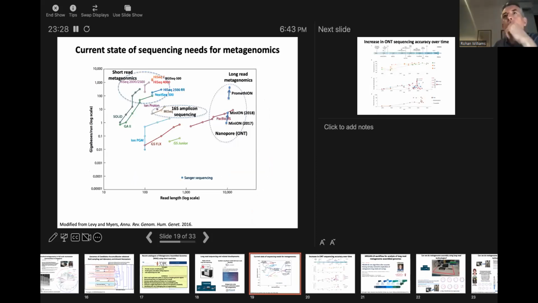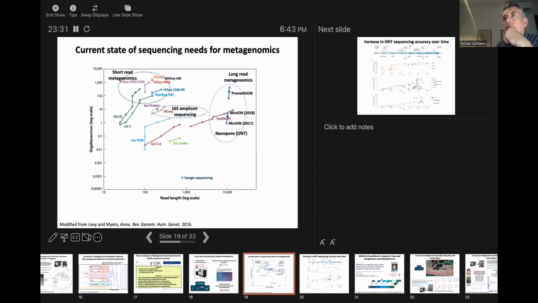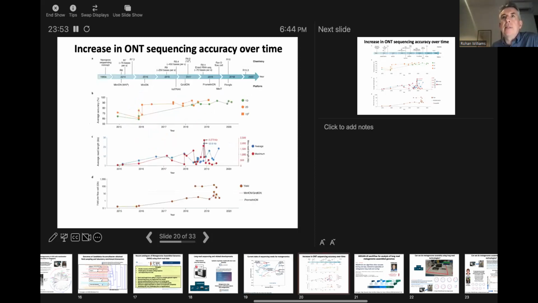And what we're really aiming to do is get up here. So this is read length. This is like 10,000 base pairs per read of DNA. And we really want to get up into this region where we're generating a lot of these kinds of reads. And if we could get there, then at least we start to have a chance of reconstructing large amounts of genomic material from these communities.